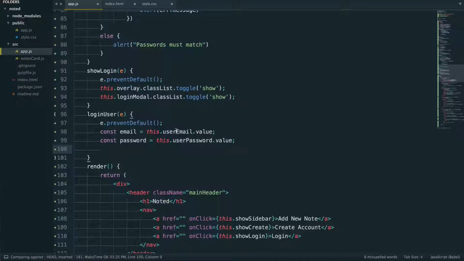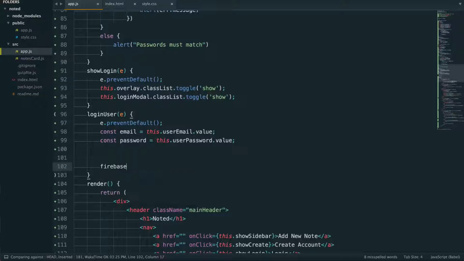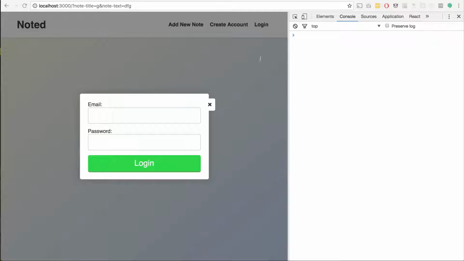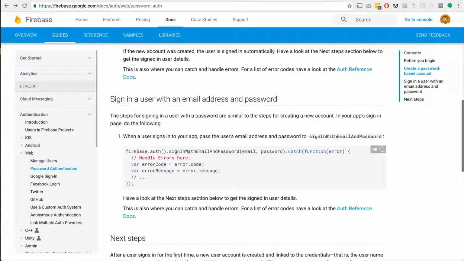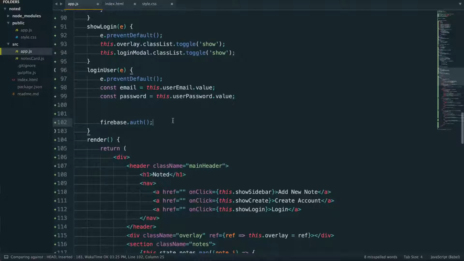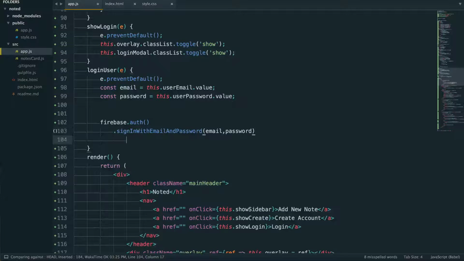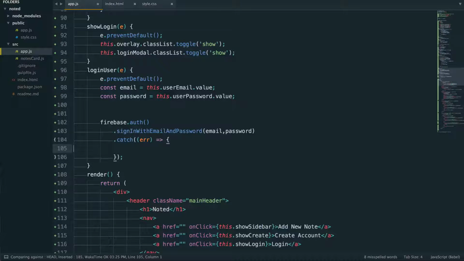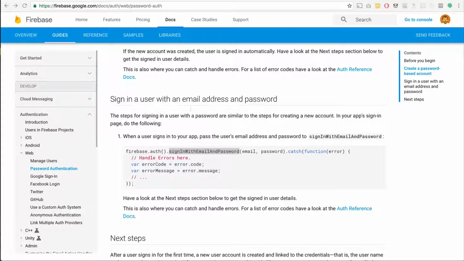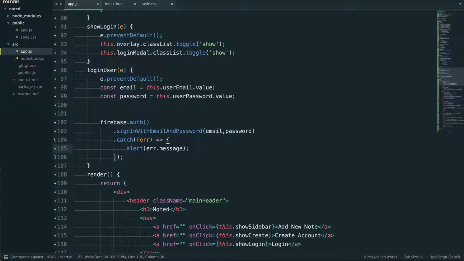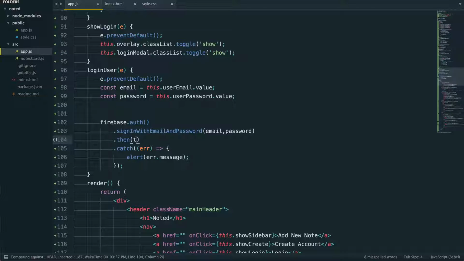And so if this is all correct, we should be able to do firebase.auth, and then this one is called sign up. I'm just going to copy this. I think we can see where this is going. Sign in with email and password, where we pass in the email, we pass in the password. We can catch if there is an error. So if there is some sort of error, we can say alert error.message. And I think I do want to do a .then on this one,